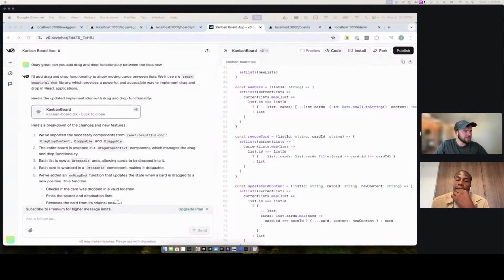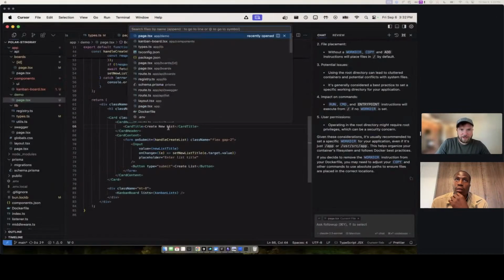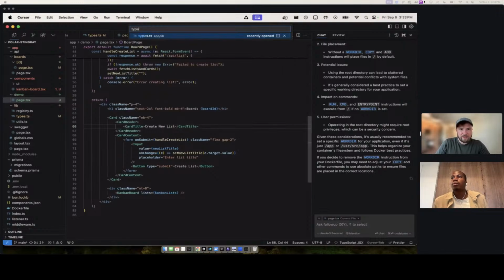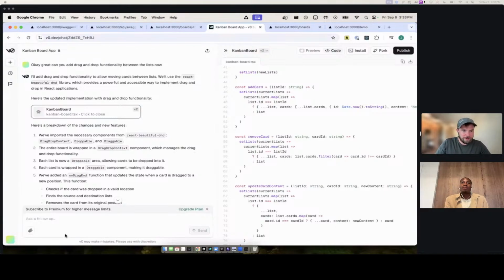That's interesting. I guess what I'm getting from that is when you're using V0 in an existing project, it'd be nice to give it some context about that project as well somehow. Yeah. So I wonder if we actually did. Let me go back to types here and say, I'll just give it my project.